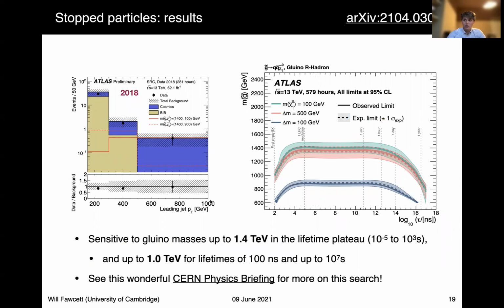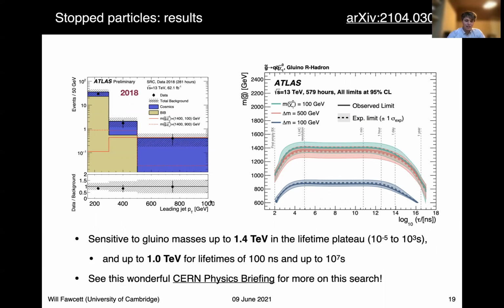Here are some results from this search. On the left, you can see a plot of the data and includes their background estimate, which you can see is dominated mostly by the cosmic muons and the beam-induced backgrounds. Sadly, there are no significant excesses, and so limits on the gluino mass could be placed, and you can see that on the right-hand side.